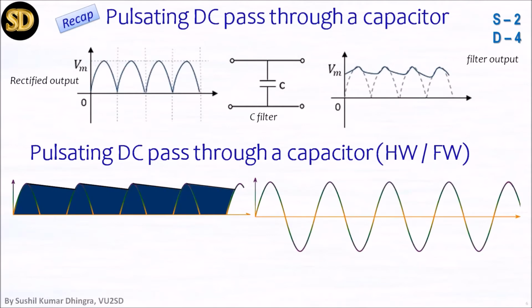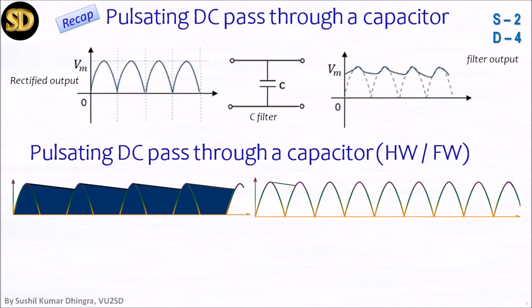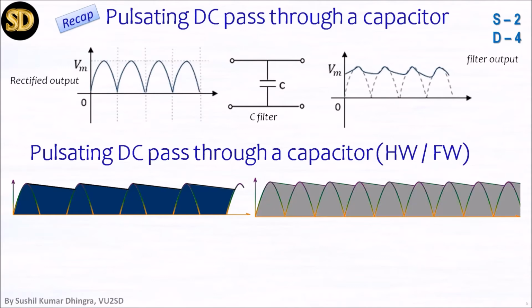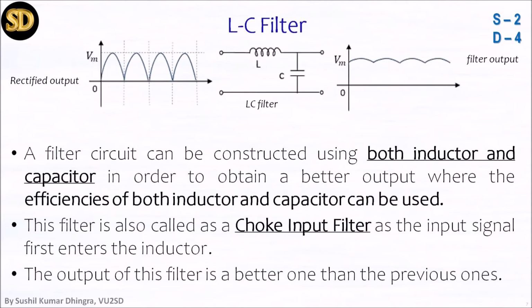Now if it is a full wave rectifier, the full wave rectifier first converts both halves of the wave, and the capacitor tries to smooth this pulsating DC, and the output result will look like what is on your screen. This is much better than pulsating DC. It is near to a steady level, but still some pulses are there. So I continue with the combination LC filter, now using both.